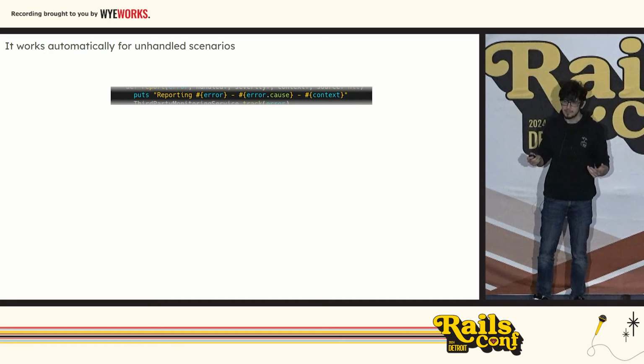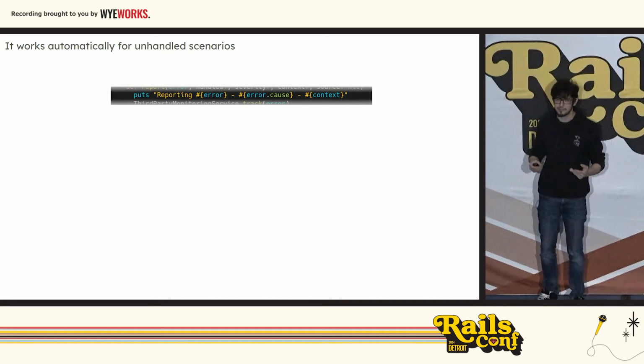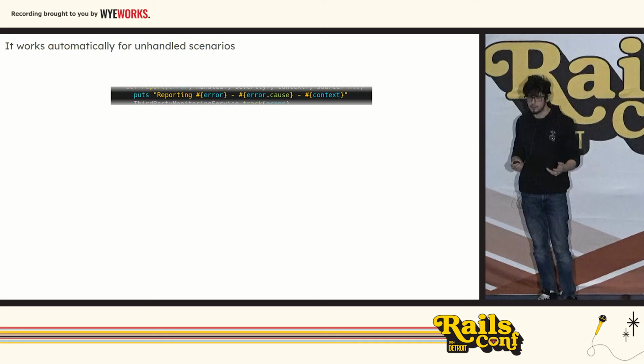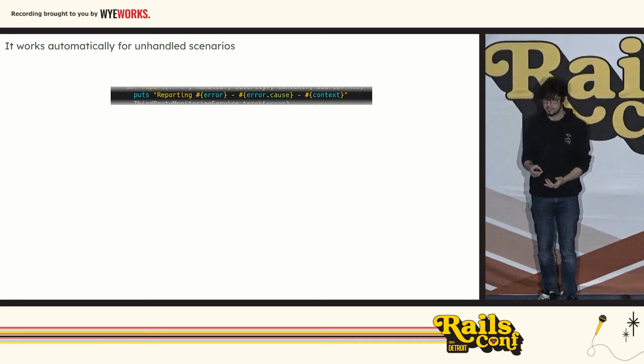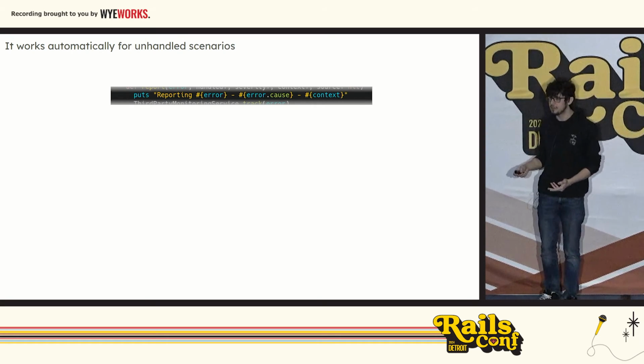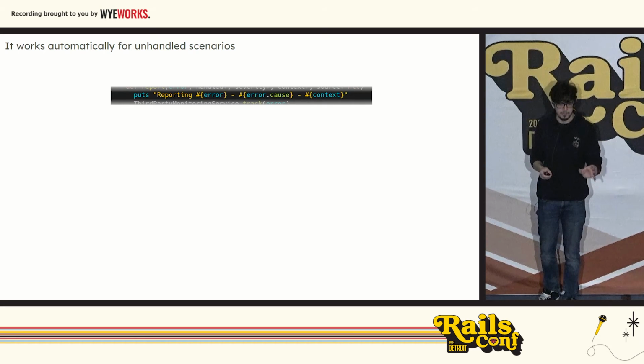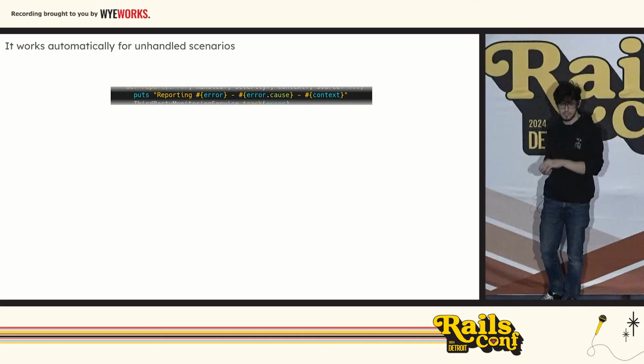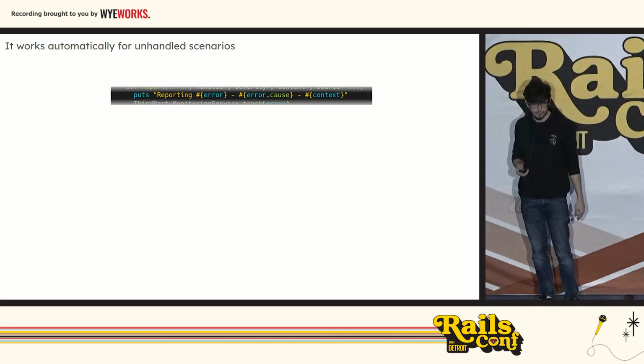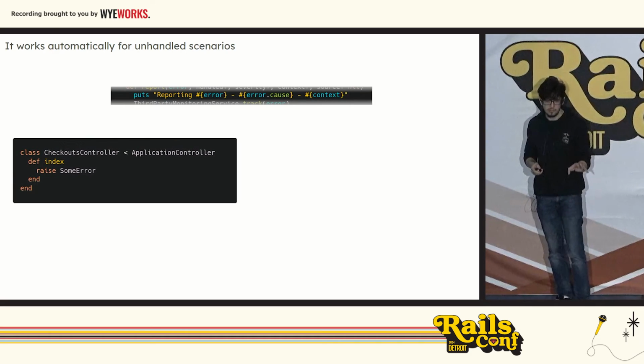But of course, sometimes we might forget it. We might forget to call the report error, or we might forget to rescue from some important error, and we don't want to lose this information. So pay attention to that puts reporting and error calls and the context that I put in our error reporter, and see that in this controller, I'm just raising some